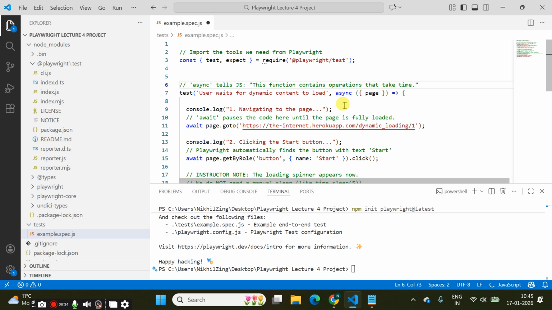Okay, so first, what is this doing? Console.log. It's printing the statement. So as soon as I hit the command to start the test, what is it going to say? Navigating to the page. Okay, now to open any URL,